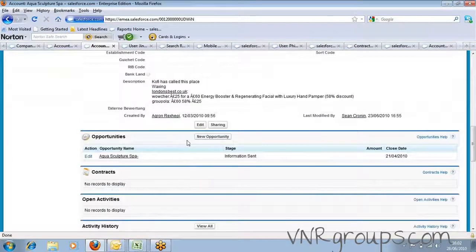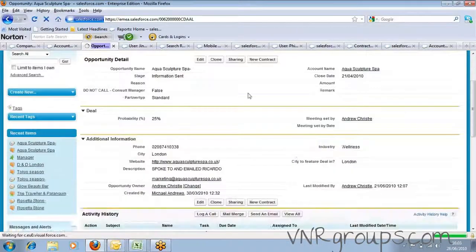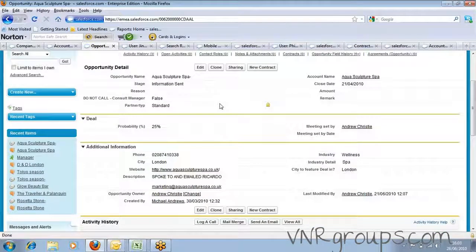Industry detail information. Opportunities. The Opportunities section is where you will do most of your work from. So 9 times out of 10, you will have an opportunity that's already created. Click on the existing opportunity,